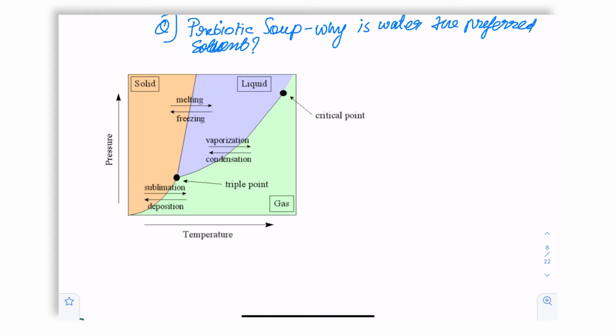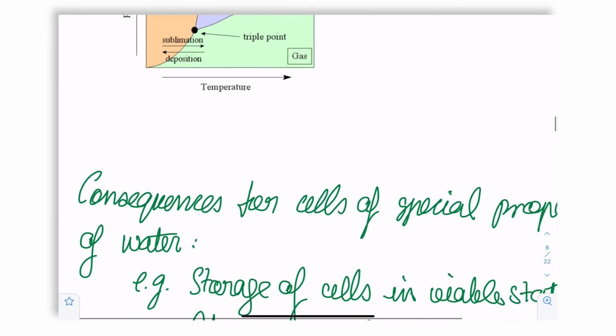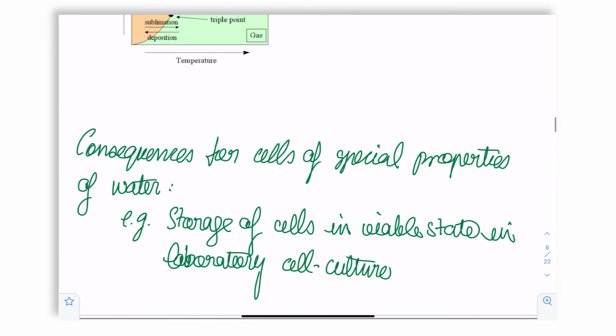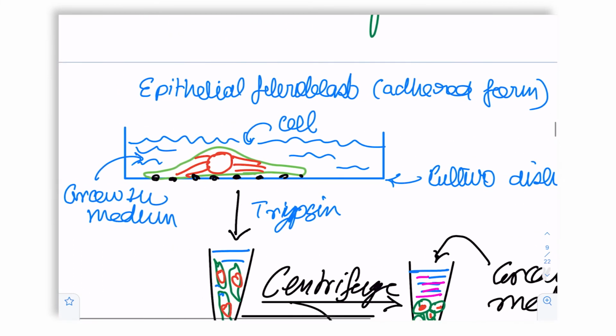So this is a very nice reminder that water has amazing physical properties and the chemistry that is related to it helps us understand it, but we want to know what the consequences of the special properties of water are for cells. One example is what happens when we do cell culture. Those of you who have ever grown bacteria or fungi or mammalian cells, this diagram summarizes how, for example, mammalian epithelial fibroblast cells in an adhered form can be stored for long-term use storage